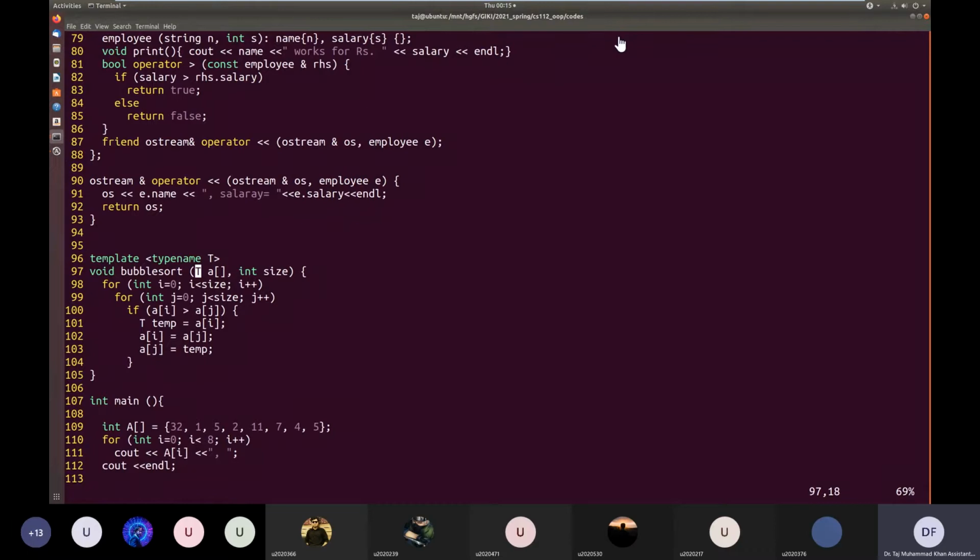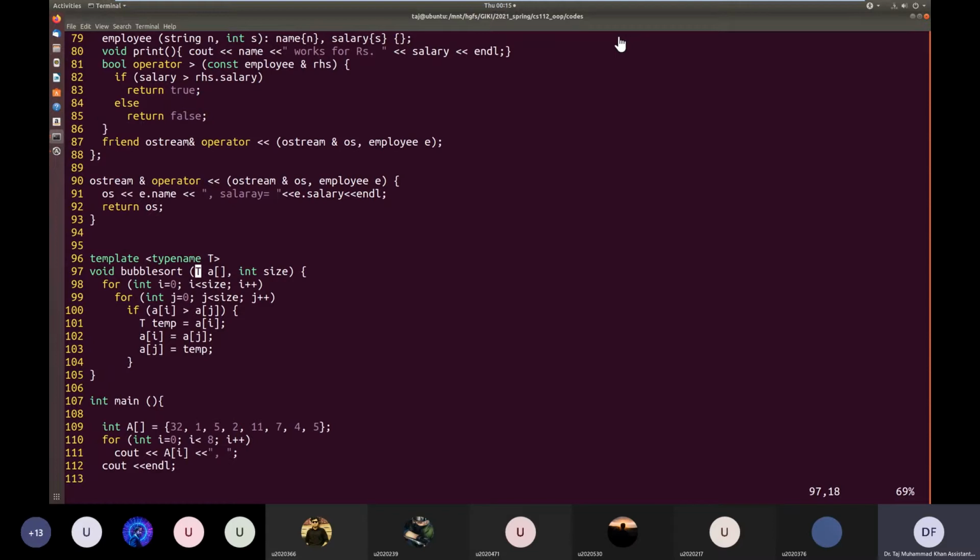So polymorphism, as I said, means multiple forms. We are accessing those multiple forms of virtual functions using the same base pointer. That is runtime polymorphism. These templates are called compile time polymorphism. Why? Because we are using this one template to generate code for multiple types.